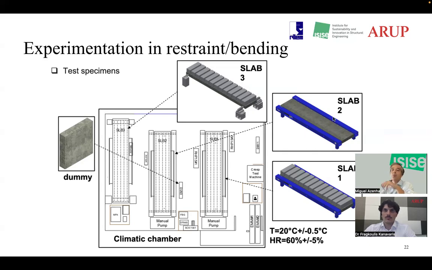A second slab where we only restrained longitudinally, but transversally we had the effect of self-weight, of course, but much less than slab number 1. On the third slab, we had no restraint to the deformation, yet we had the bending happening, so the load was applied. And the fourth slab, which we call the dummy, where there was no restraint to deformation, at least not external, and there was no applied load.